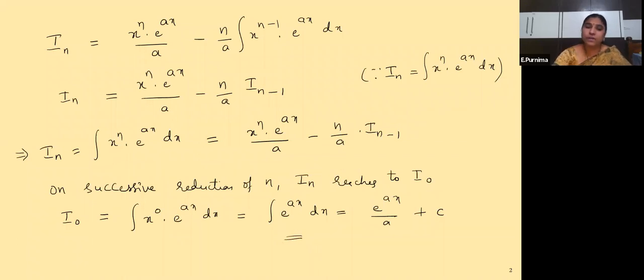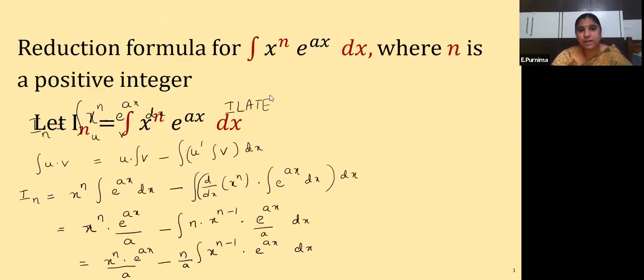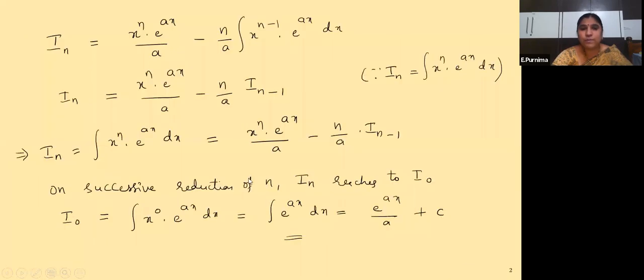So like this, you have to do the integration for such kind of functions. Once again, I'll repeat, children. Listen here. What is the function here? The reduction formula for x to the power of n into e power ax. We are assuming that In is equal to the integral of x to the power of n into e power ax. Now considering this as u and the e power ax function as v, we apply the uv method here. After applying the uv method, we have reached this place. Here in place of x to the power of n, we have x to the power of n minus 1. It is almost similar to our given function, so I'm replacing this function as In minus 1.